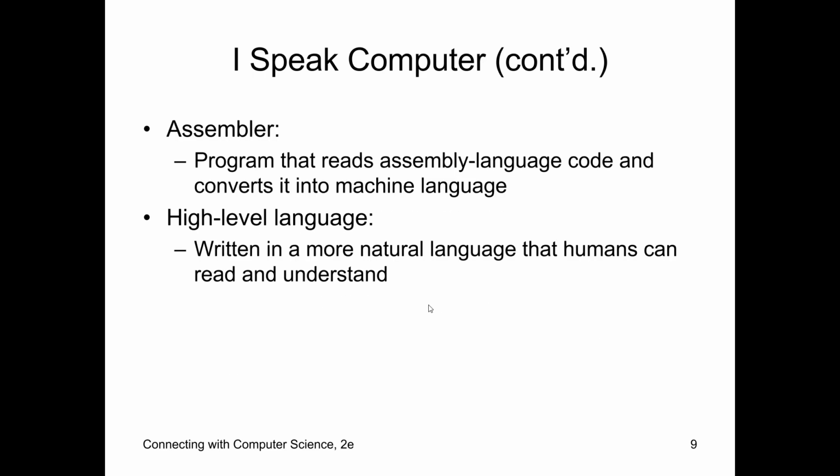So assembler or assembly, they're both the same thing. The assembler is the program that reads the assembly language and converts it. It's the compiler. You will often hear people say assembler and assembly interchangeably, but those again, and we'll look at what some of this code looks like, but it is very quick